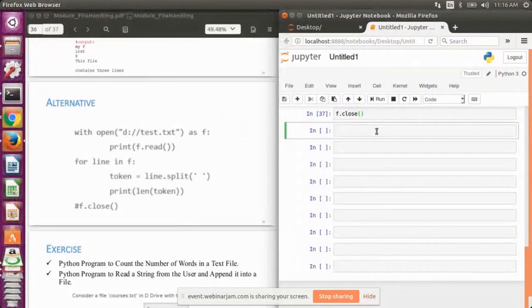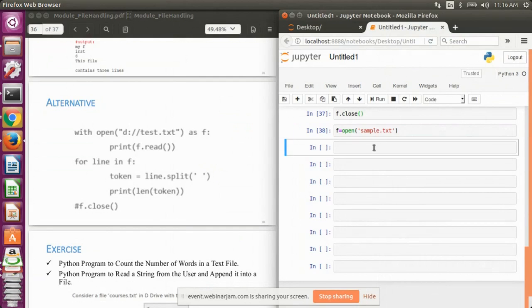So let's open first: f equals f.open. We want to open the sample.txt file. Open it. Now we will use the for loop because from each line we need to fetch each word.